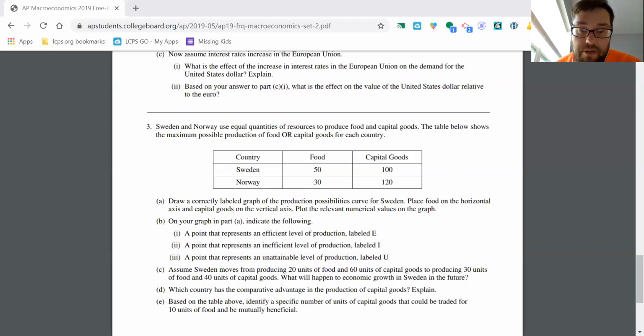We're asking about comparative advantage, right? Who has a lower opportunity cost? So for capital goods, it's hard to see. So the opportunity cost here for Sweden is 1/2 unit of food, and the opportunity cost for Norway is 1/4 unit of food, right? 1/4 is less than 1/2. So